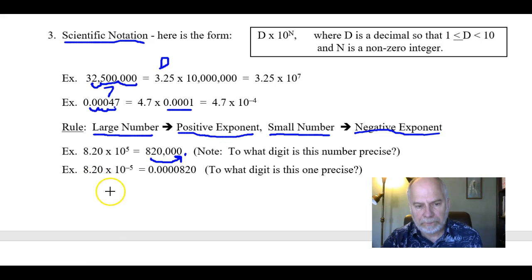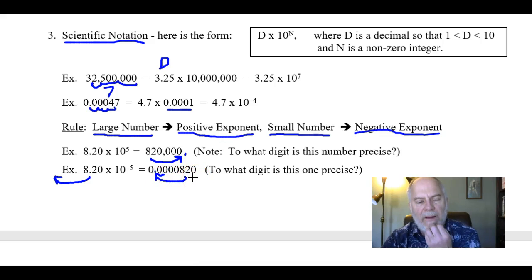The next problem, 8.2 times 10 to the negative 5. You're going to move it over 5 spaces, but you're going to move it over to the left because that would make it a smaller number. So from where it was, moved over 5 spaces, 1, 2, 3, 4, 5, you end up with